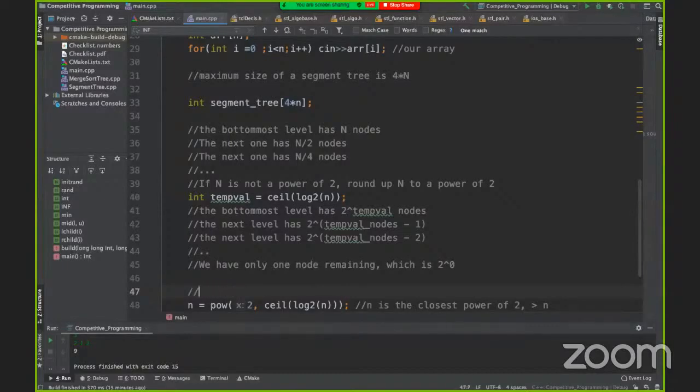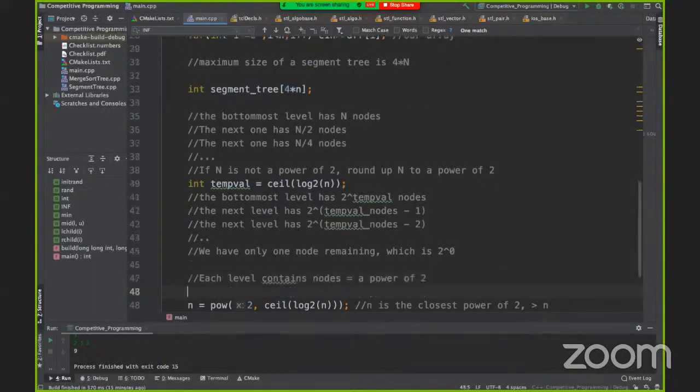So each level contains a number of nodes equal to a power of 2, and the total number of nodes is 2 to the power 0 plus 2 to the power 1 plus 2 to the power 2 plus dot dot dot plus 2 to the power temp val.